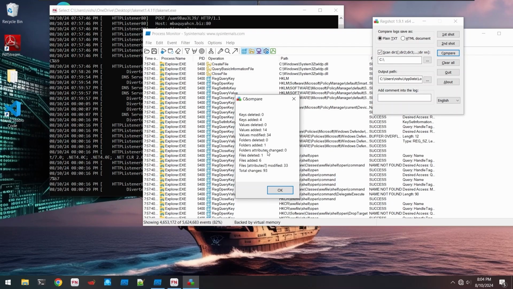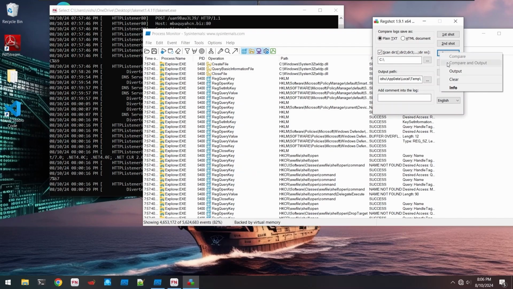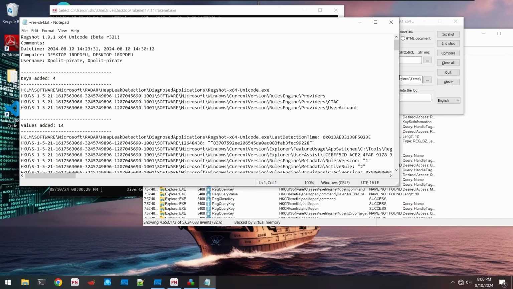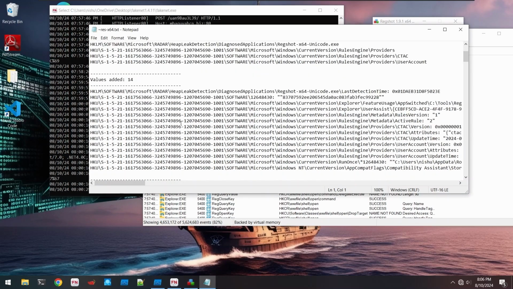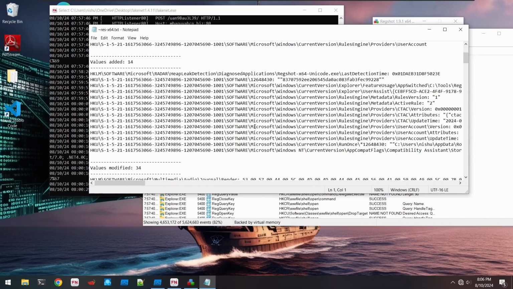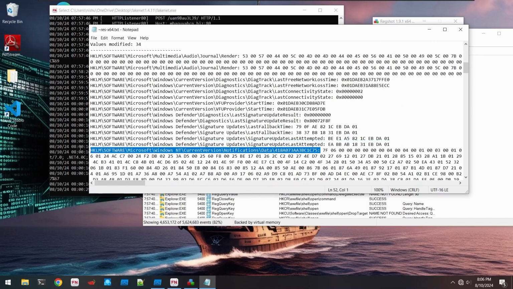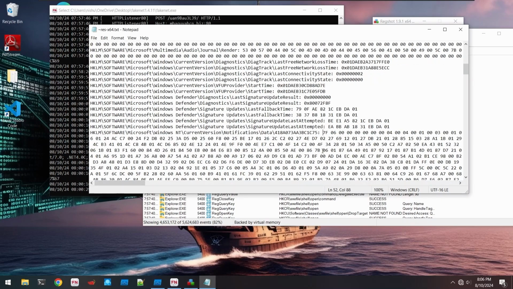One folder was added. There were 6 files that were deleted and 6 files that were added, and 1 file that was deleted. 33 files were modified. Total changes 93. And let's check out the output. So these are the 4 keys that were added, and these are the 4 values in the keys that were added. This single key is containing a large amount of data,